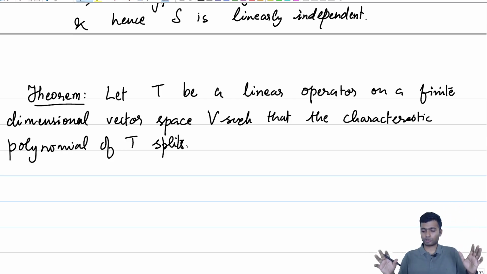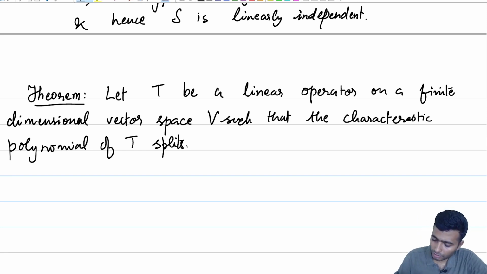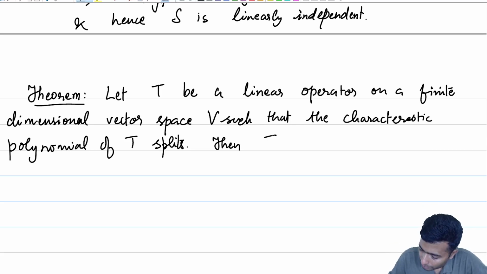Recall that that was the entire context. We know that if T is diagonalizable, the characteristic polynomial splits. We are now studying that given that the characteristic polynomial splits, when can we say that our linear operator T is diagonalizable? So then T is diagonalizable